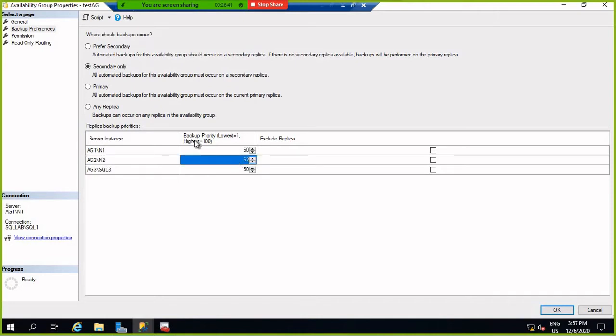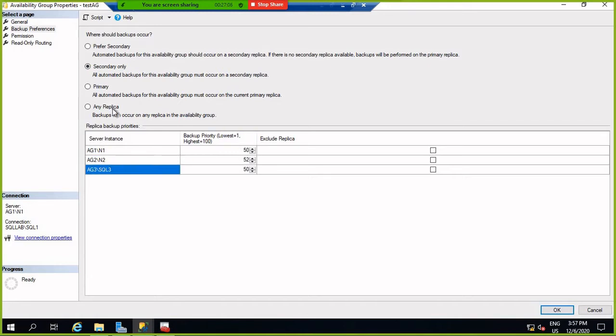Here, if you set the backup priority, it is applicable to any replica. Whichever SQL instance has the higher backup priority, the backup goes to that one.